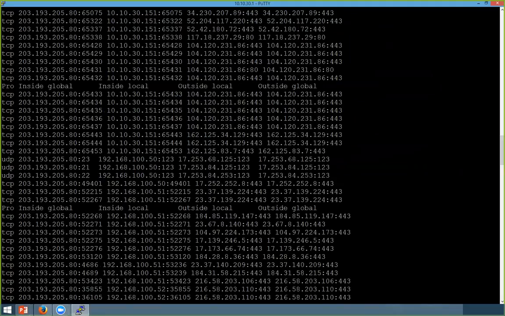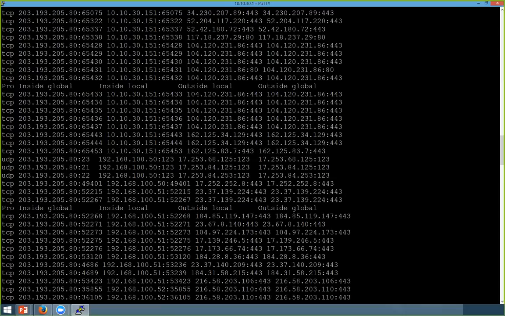You can see in the first column, we talk about the protocol in use. So we've got TCP and UDP enabled. That's why we use that IP keyword at the start of a NAT translation, because it enables translation for both UDP and TCP. What hopefully you can see then is my inside global address. So this is the address that my inside hosts look like to the outside world. It's 203.193.205.80, which just happens to be the static IP address that's allocated to my internet facing router. This is the port number that it's going out on, so the ephemeral port number that this particular connection is going out on.